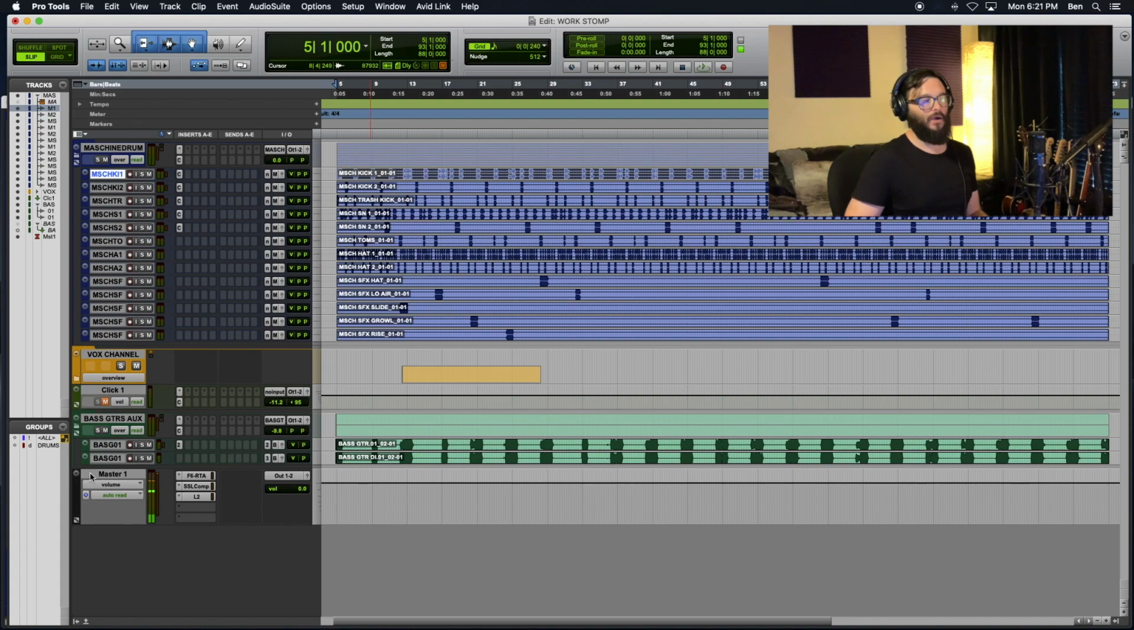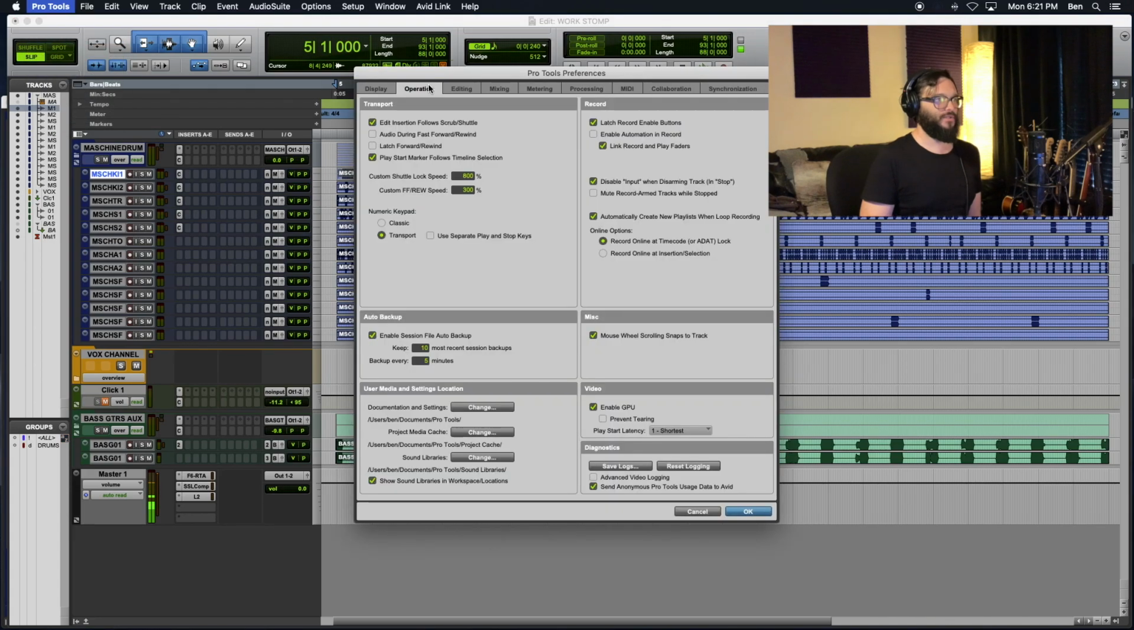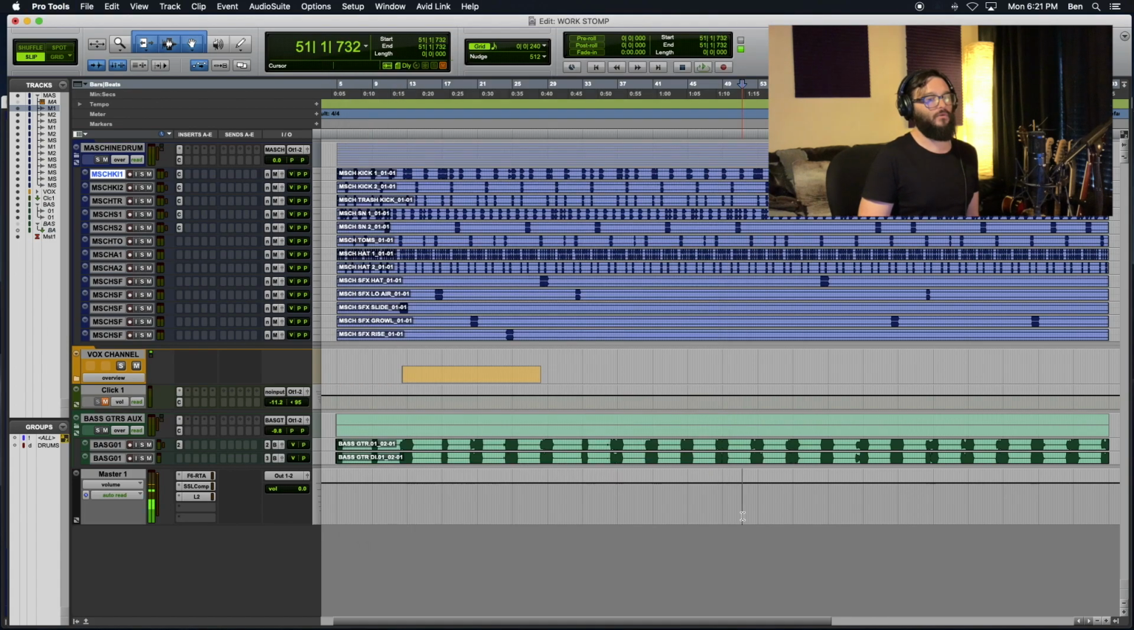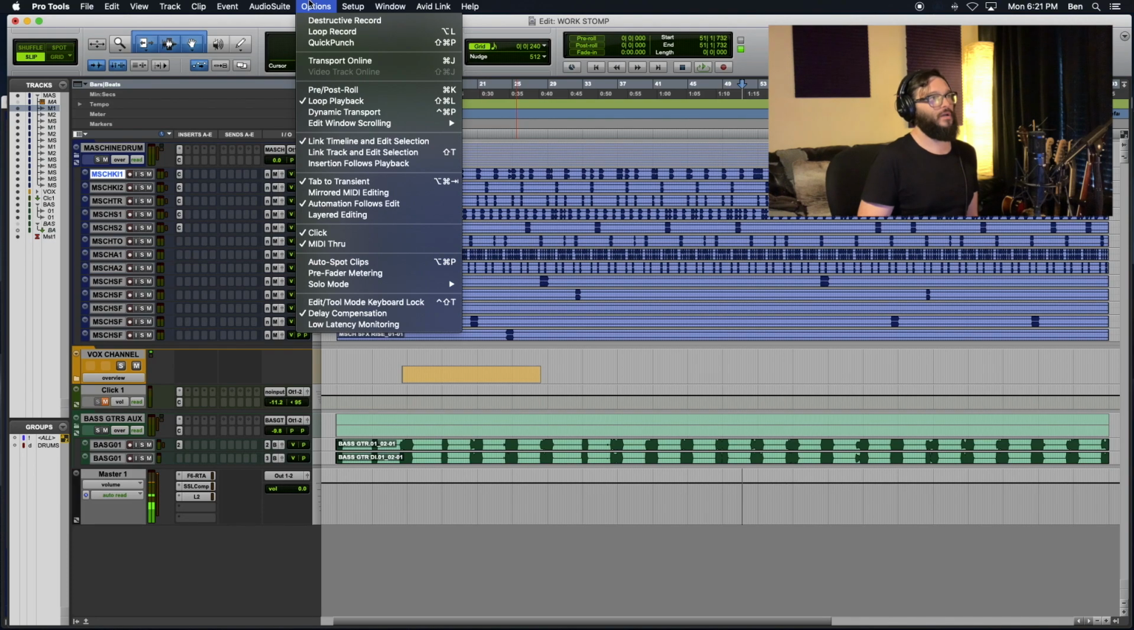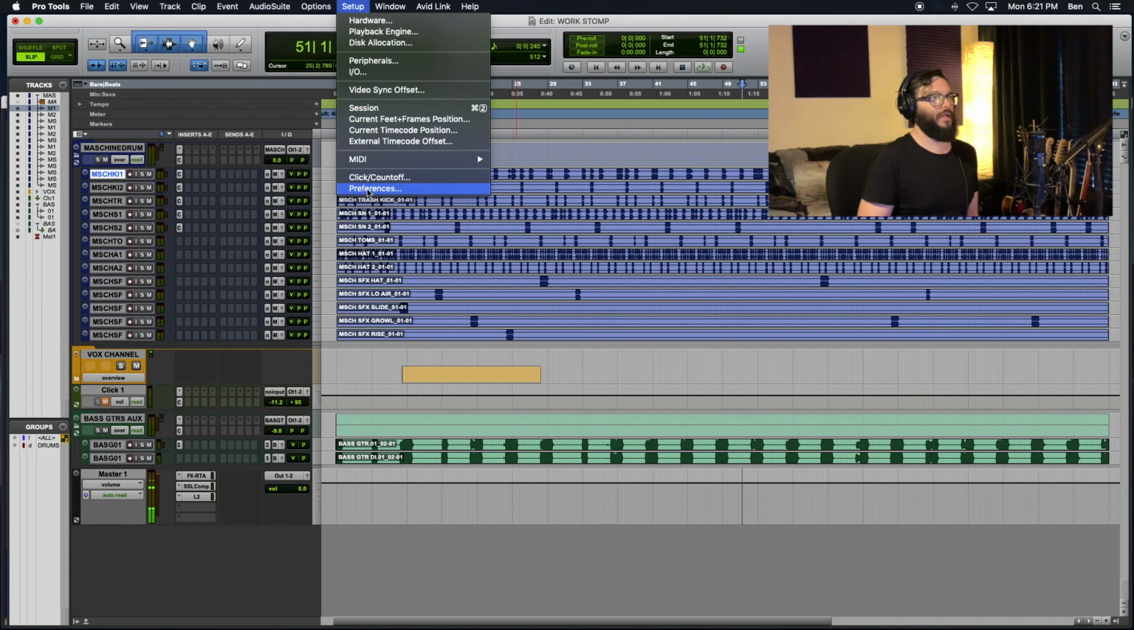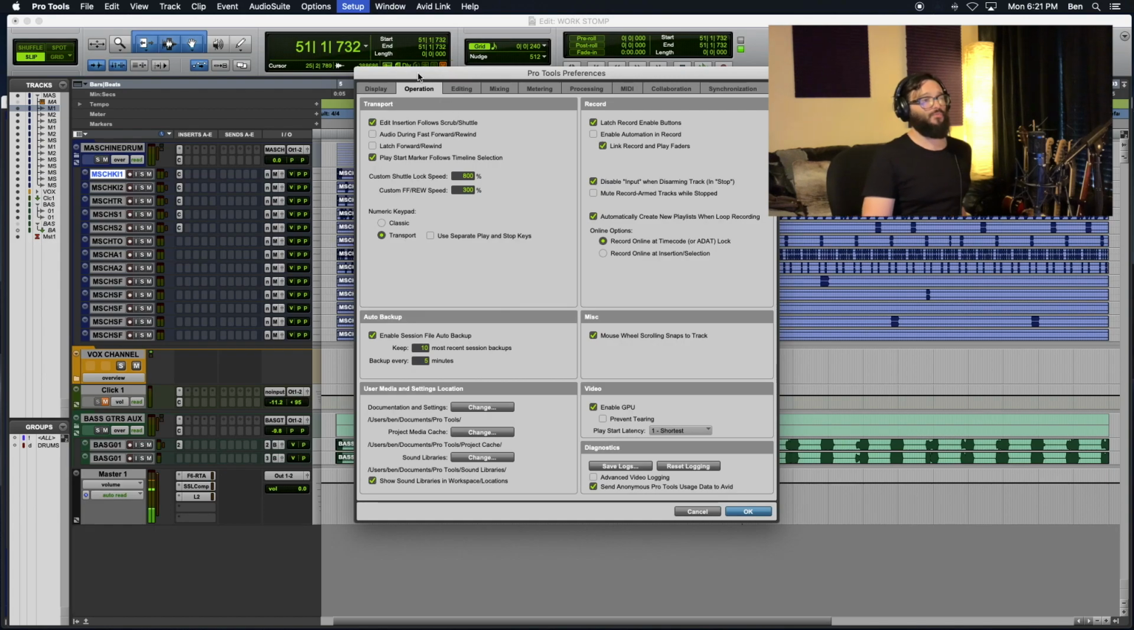So I tried this the other day and failed. And if you guys have ever tried this as well yourselves and found similar failure results, that is because we need to come into preferences. If you're on a Windows, you ought to be able to go to setup and preferences as well. I learned this by watching another video. And in the operation tab, we want to